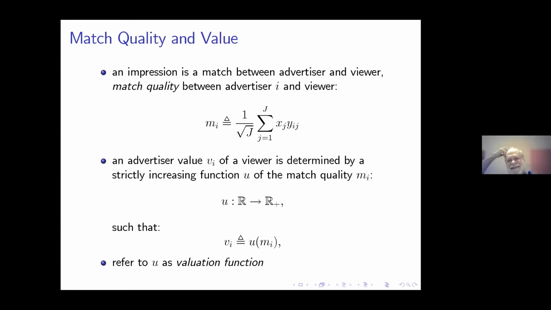Okay, so the match value is basically just being created by the match of attributes and preferences. And the value is then simply an increasing function of this scalar, which identifies the value of the match. And you can easily see that even if we have symmetric distribution about attributes and characteristics, together with the valuation function, which is simply assumed to be monotone, we basically can generate independent values among the bidders with any arbitrary distribution. So it's a pretty permissive model to think about the value distribution of the advertisers.